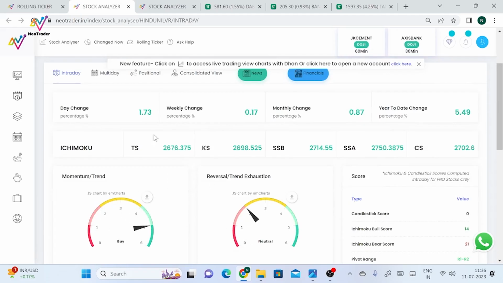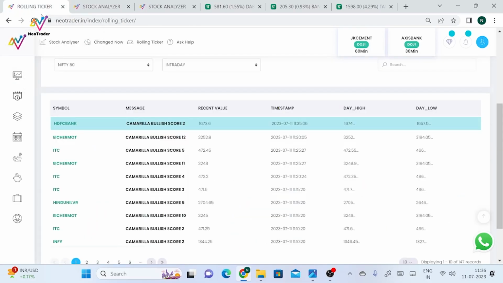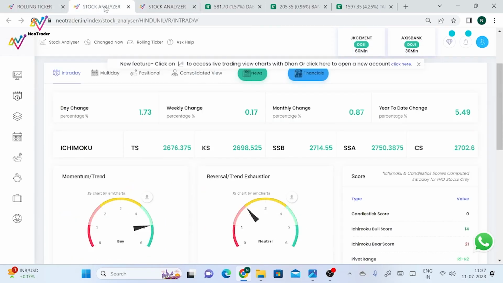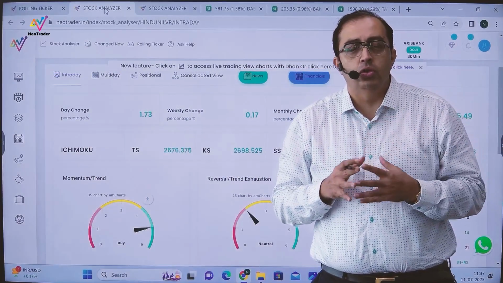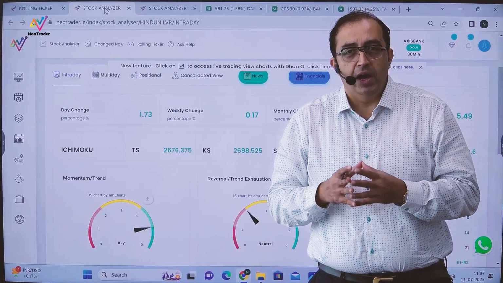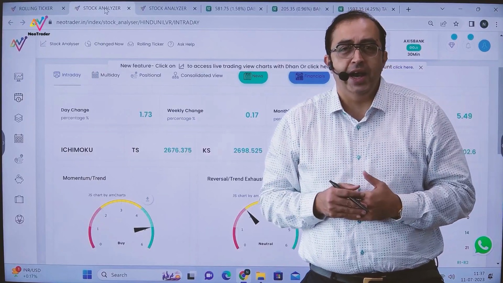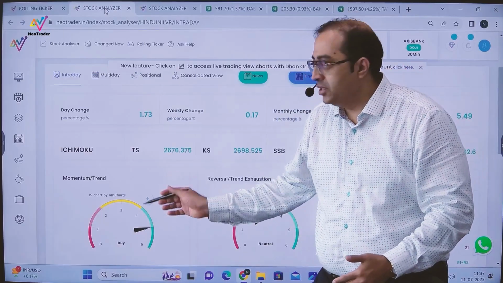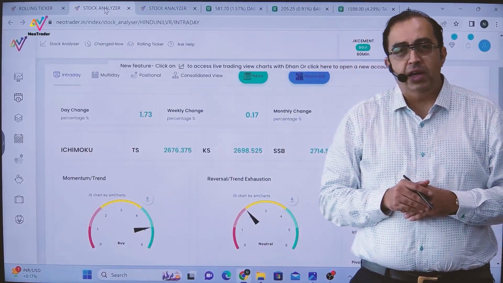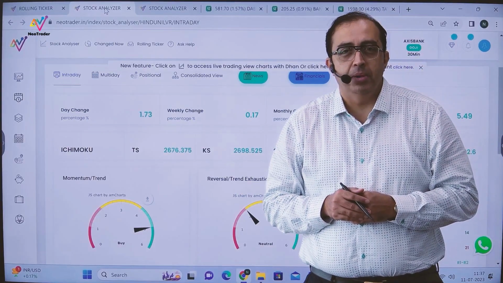This way, I have clarity that yes, the scores which are emerging are also supported by momentum. Momentum thrust is important. You have seen that if momentum is there, then that stock will also show more propensity to move higher towards your target. What is your target as a Camera trader? Your target is H5 and H6. So this is how you can start trading and start participating in the market.